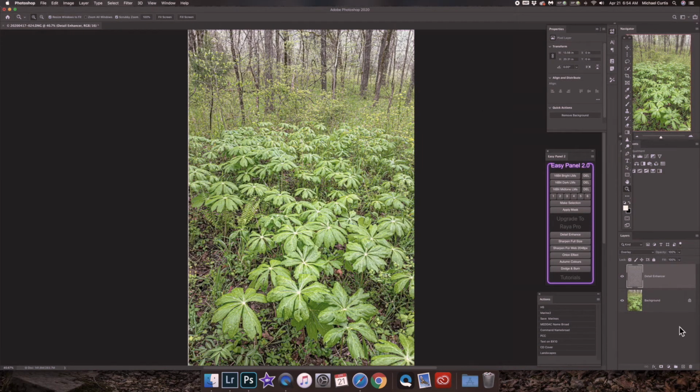And I'm going to put a mask here, but I want a black mask, so it hides everything in this layer. So I'm going to hit my option button on my Mac, and there's a black mask. And I'm going to have white in my foreground color, B for brush. And I'm going to get me a nice big brush, and I'm going to paint in the detail in this